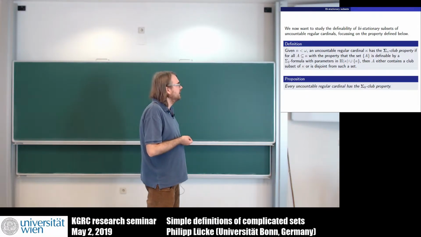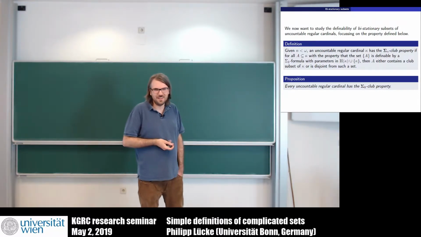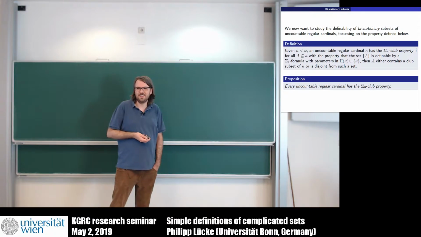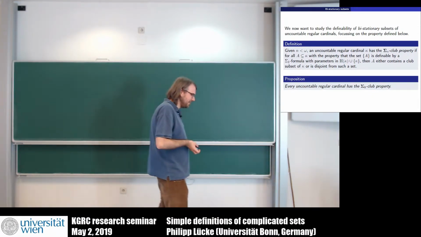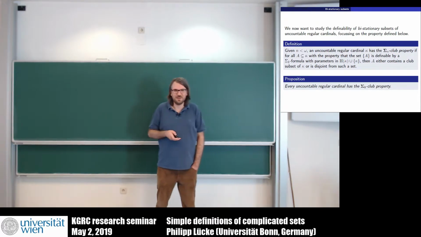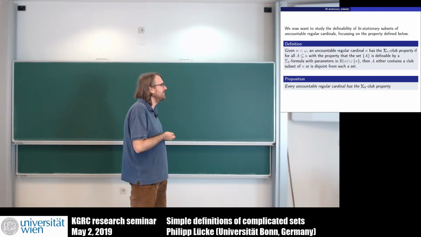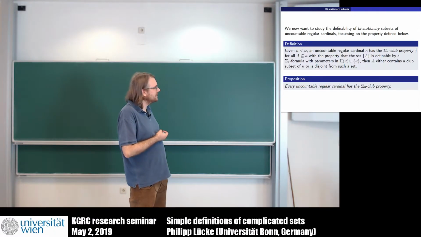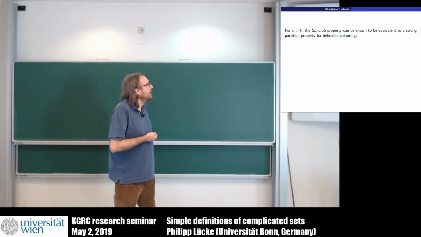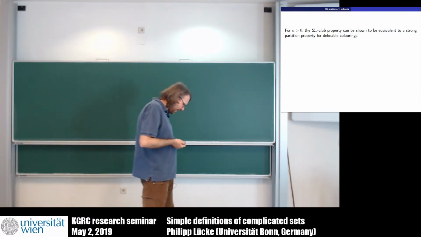And it actually requires some arguments to show that every uncountable regular cardinal has the sigma 0 club property. So at first I thought it's completely trivial, but you actually have to prove some lemmas to get this. But this is not really interesting, but it's true. Okay, so this is ZFC. But now what's more interesting is that for the higher n,